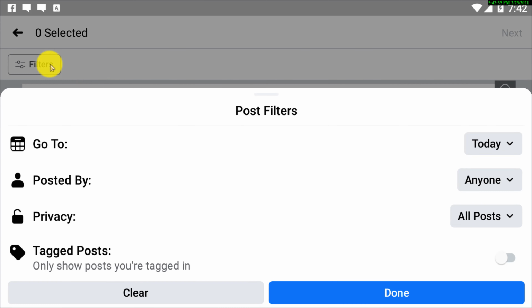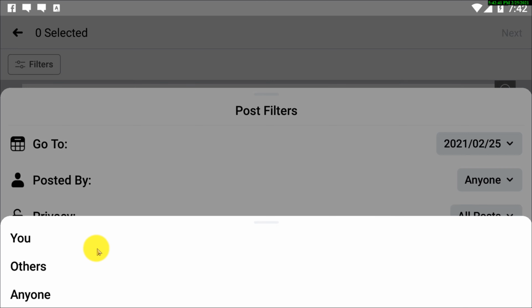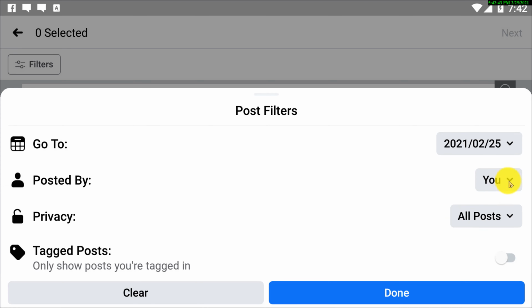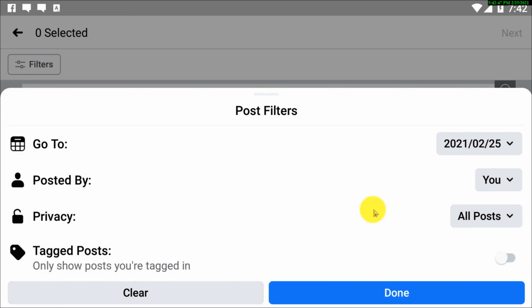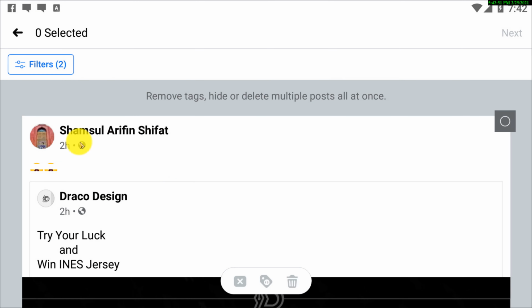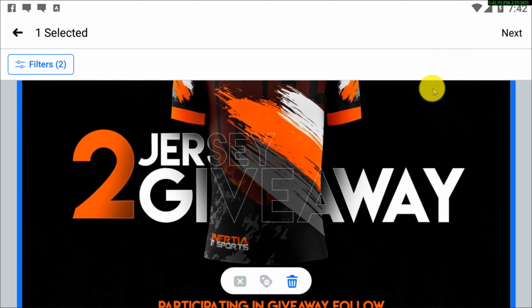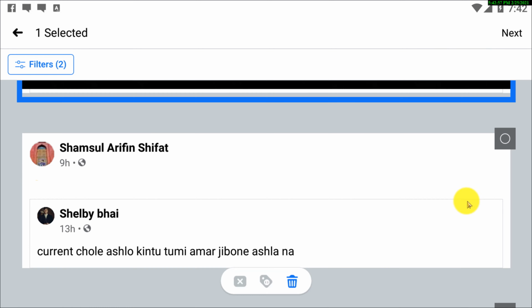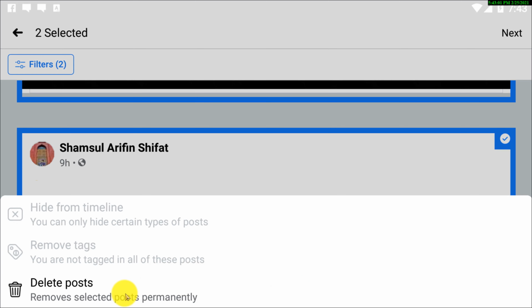Like here you can see there is also a filter option if you want to filter, or just the same process you have seen on the desktop. You have to do the same thing, just there are a few changes. Now here you cannot select every single post like on desktop, but here you have to select manually, and